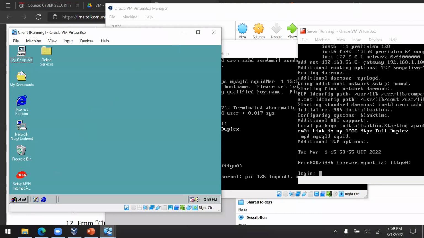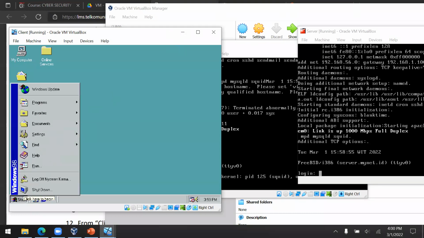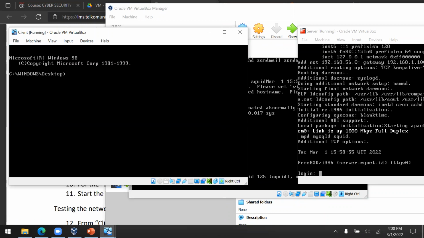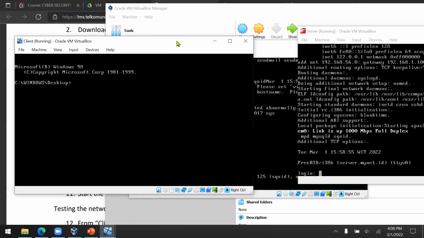However, we just click start and then run and type command, so you can use the command prompt. Then I'm going to press the right control key on my keyboard. And then let's check our IP address with ipconfig.